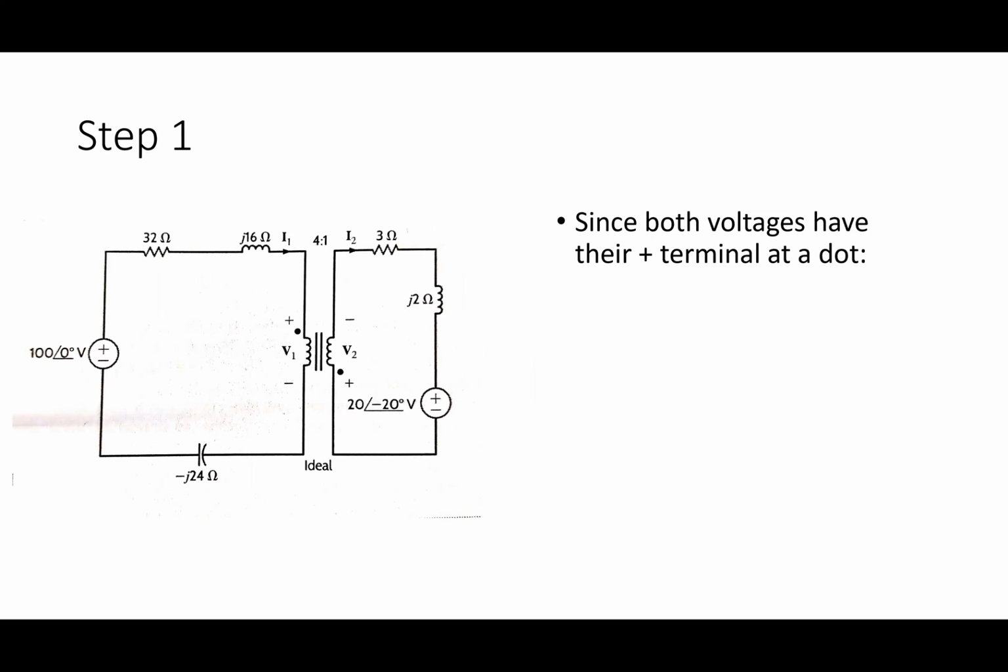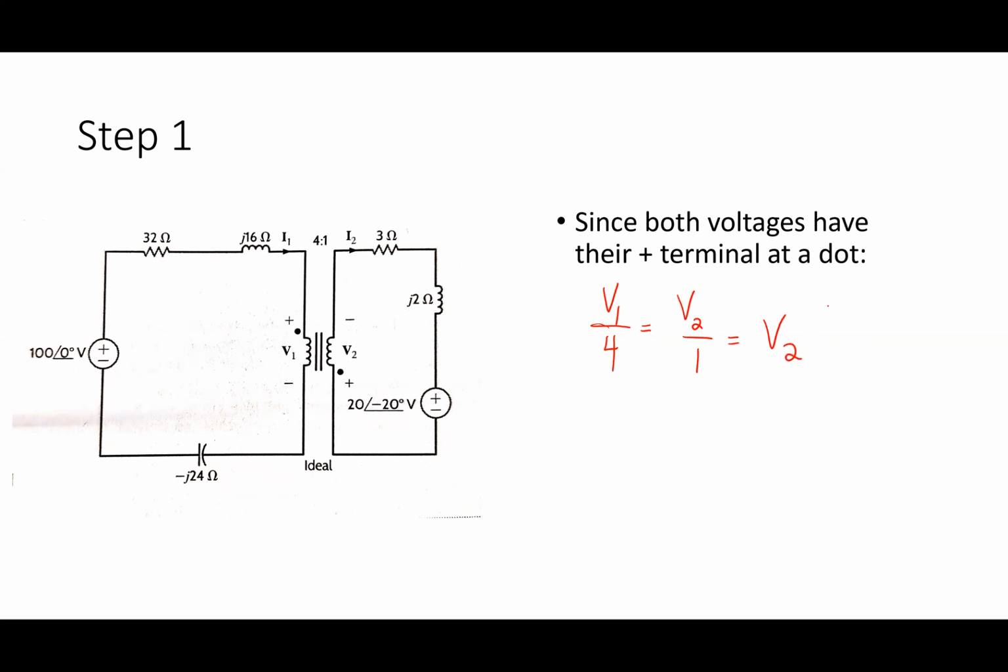Given the way the voltages are set up, and I will always make sure that you get it this way, there is a plus sign at the dot in both cases. With a plus sign at the dot in both cases, what do I know is true about my voltages here? V1 over N1, so V1 over 4 in this case, equals V2 over 1, or simply V2. Oh, that's that 4-1. Yeah.